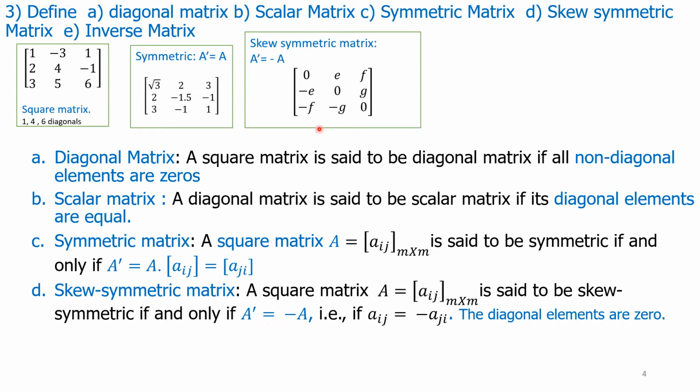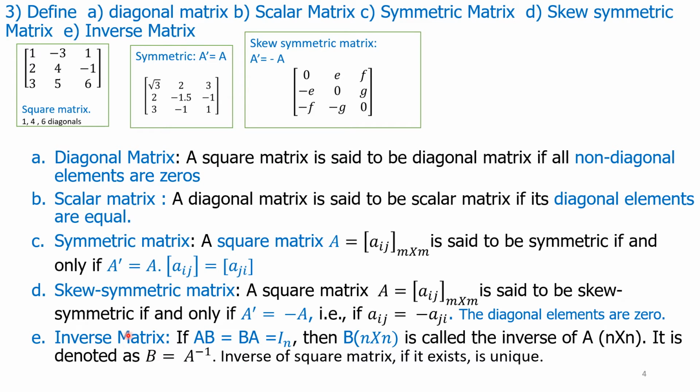Please see the example here of a skew symmetric matrix. The matrix elements are given, a 3 by 3 order matrix. If you interchange and find the value of A dash, and it is equal to minus A, then it is a skew symmetric matrix. Please work this out yourself and prove it. However, numerical examples are given in forthcoming slides as well as in Part B, the next part of our video.